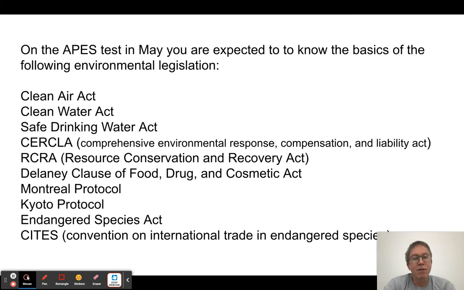So basically, on the APES test, there's 10 pieces of environmental legislation. There used to be a lot more, so don't complain, okay? But here's a list of them. I'll let you look through the screencast later. We're going to go through each of these in turn, and I'm just going to give you a little bit of a rundown on it and a little trick for maybe how to remember it, what the highlights are, and I'm going to give you a link to some Quizlets.